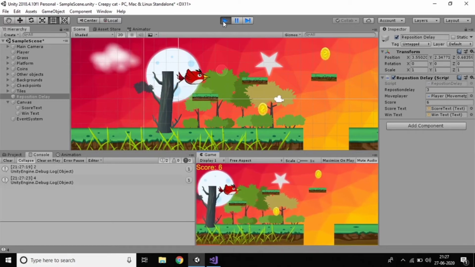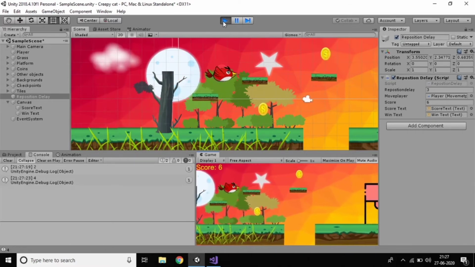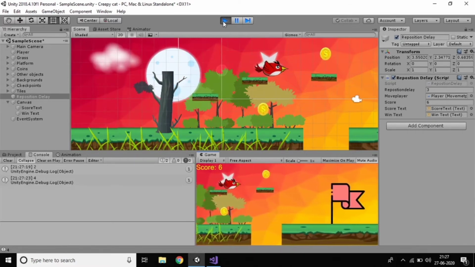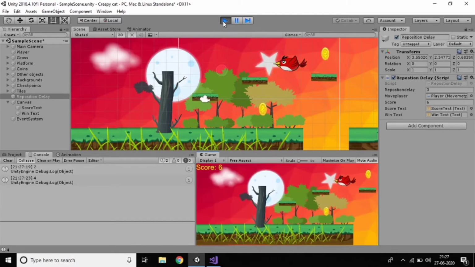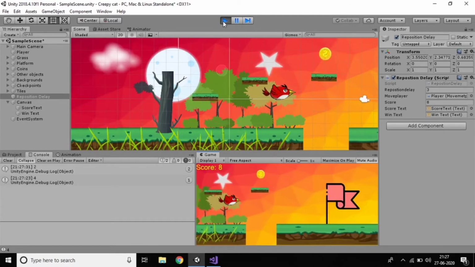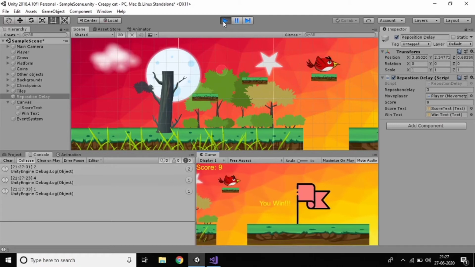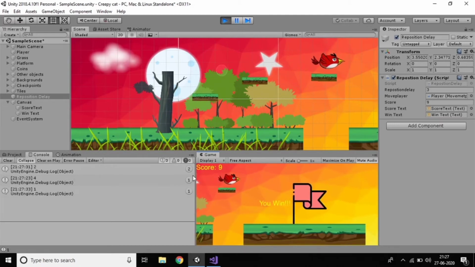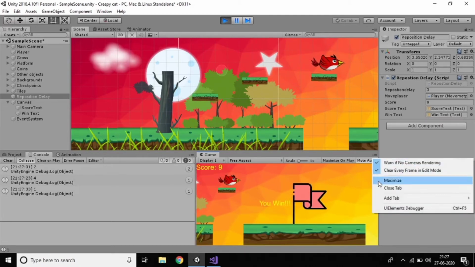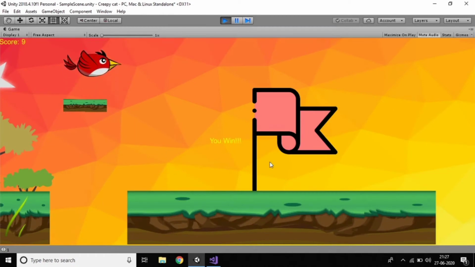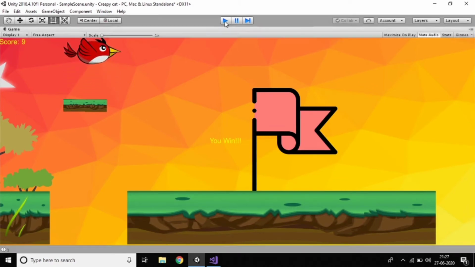So you can see, if I collected 8 I'll get the win text. Did you see "You win", right? This is the way you are getting it. Just increase the size, and the background should also not work. The player and everything should stop.